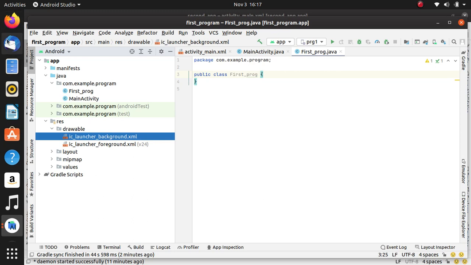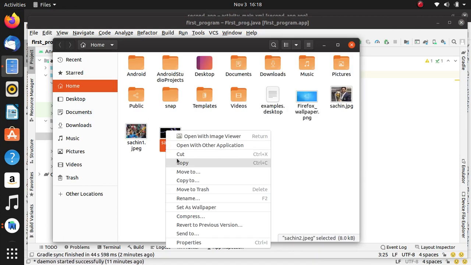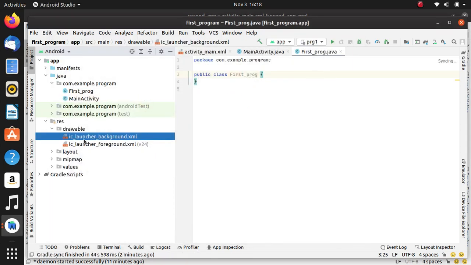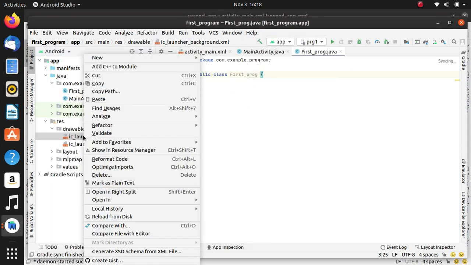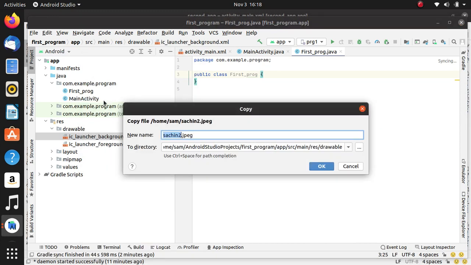I will select the image and give the name.